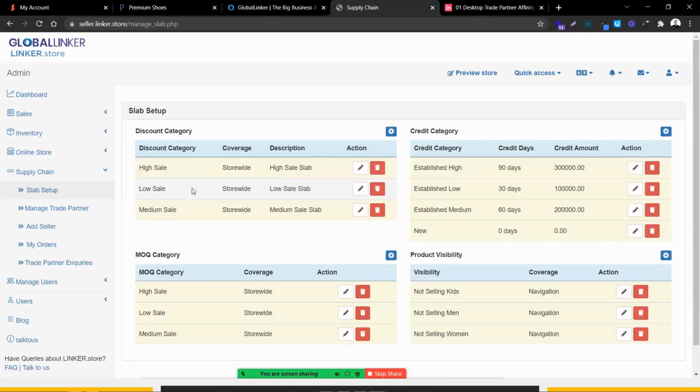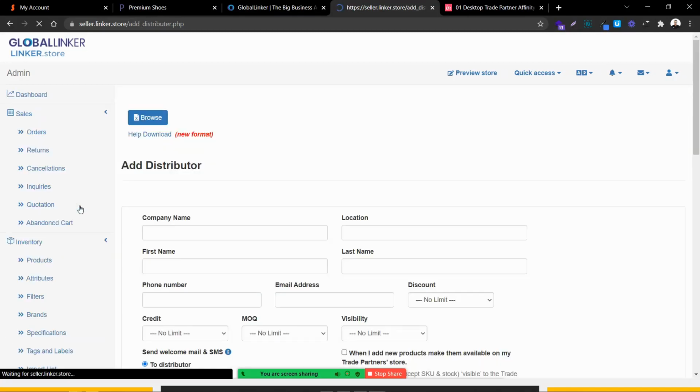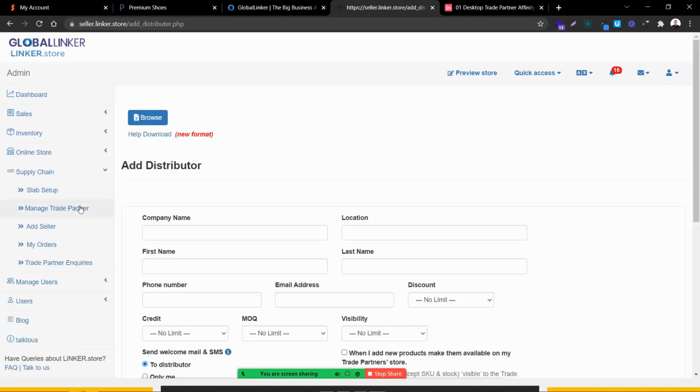So if you are wondering whether only 3 slabs can be created, no, you can create as many slabs as you want. I've just created 3 for demonstration purposes. Now, the second question that might be coming to your mind is: we have created this slab, but how do I ensure that if trade partner A is ordering, they get this discount,